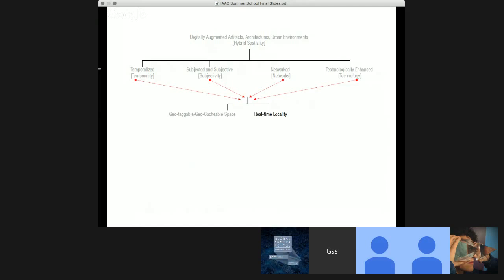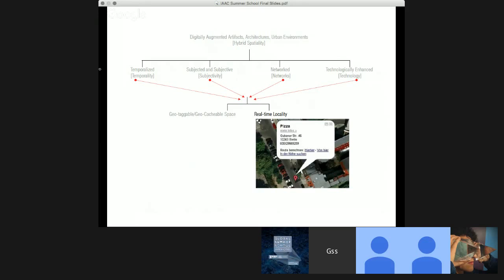They transform the augmented space to a real-time locality or a geotaggable, geocacheable space where the physical and digital terrain are connected by information placeholders with known geographical locations.